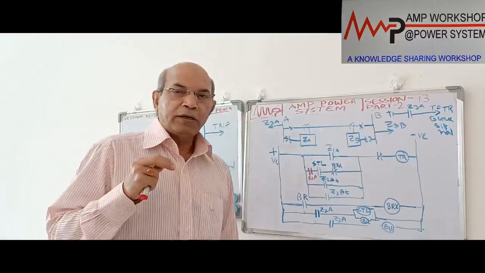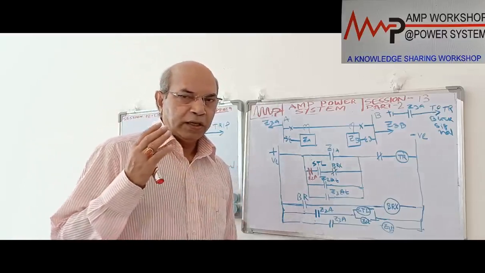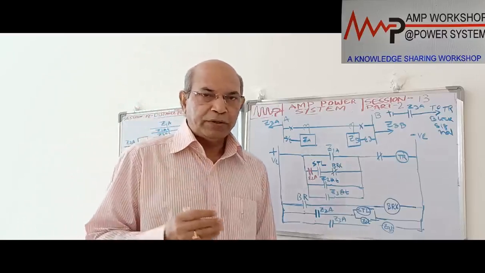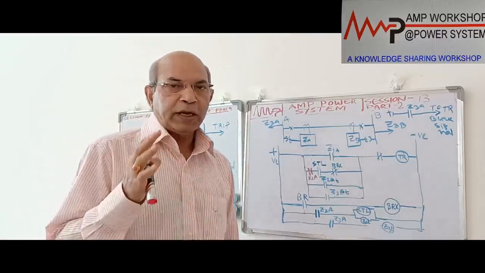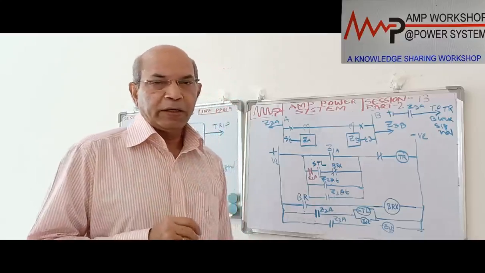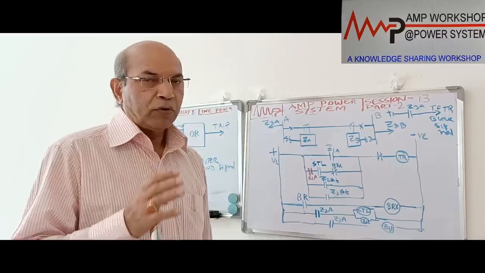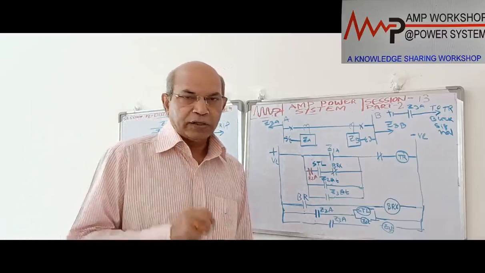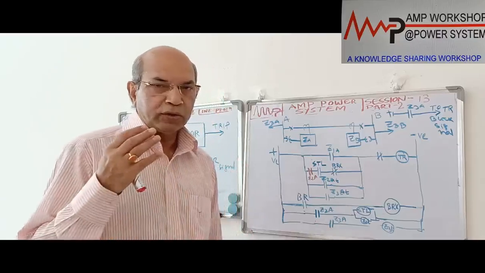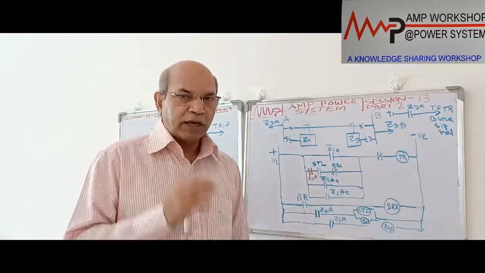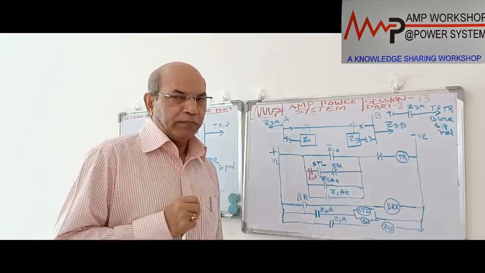The blocking scheme differs from the permissive scheme in this sense: we have said that there are three zones or three elements in a distance relay: zone 1 element, zone 2 element, and zone 3 element. That means three characteristics are available. With the normal electromagnetic relay, with the numerical relay we can get up to 4 or 5 characteristics. If we go by the electromagnetic relay, we have the third zone characteristic, and with the numerical relay, we can take the fourth zone characteristic, that is zone Z4. So let us discuss it with the three zone characteristics at this moment, whether it is a numerical relay or an electromagnetic relay. So in the case of the blocking scheme, what do we do?